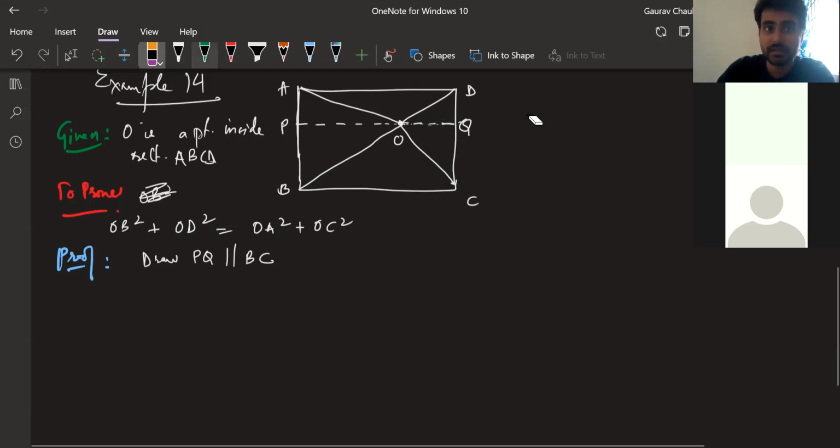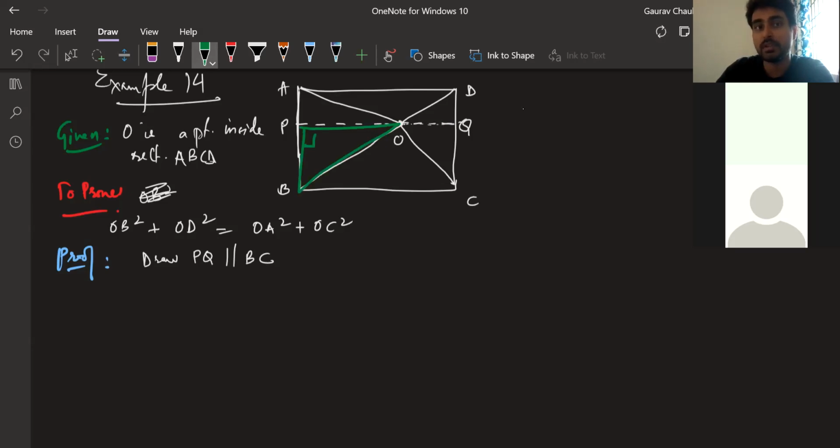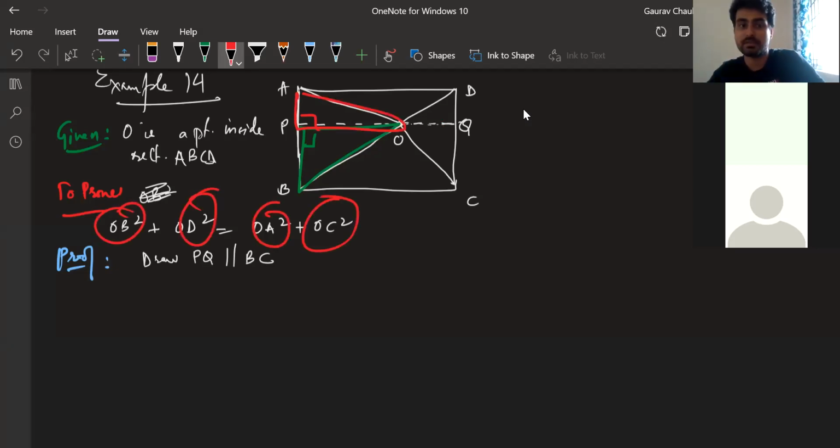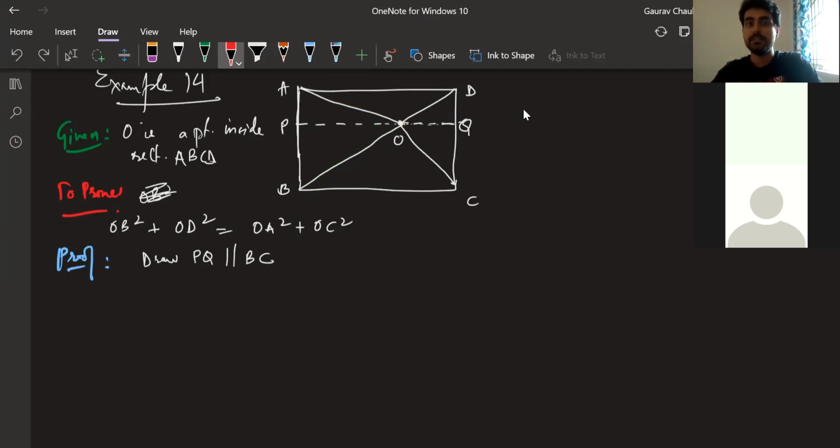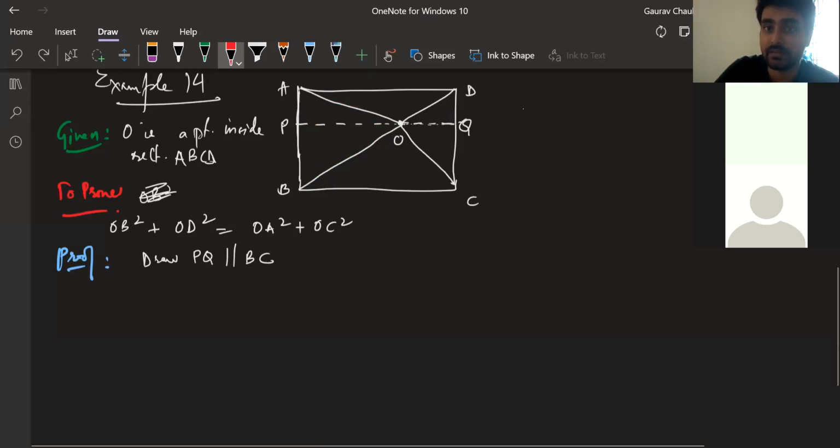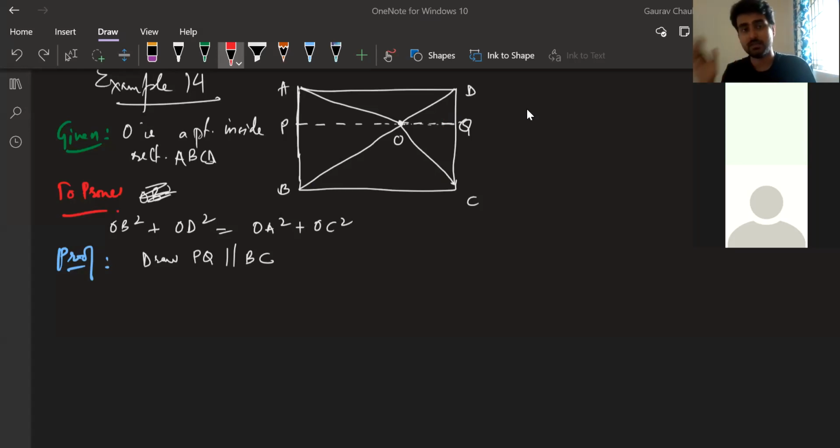Why am I talking about this? Because then I'm going to end up with 4 right triangles, and that's going to help me attack these 4 hypotenuses of those particular right triangles. That's why I'm moving in that direction. That's why we have done this construction. I hope we're good. Moving ahead. So just to write the explanation a little bit, just to write how this is 90 degree.